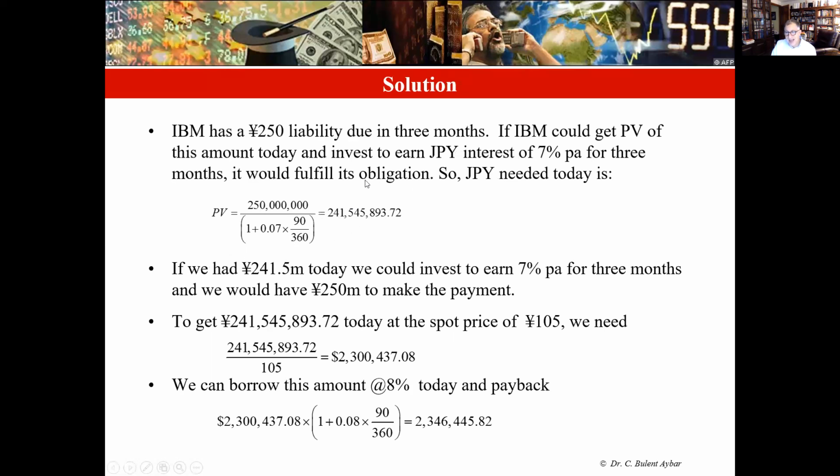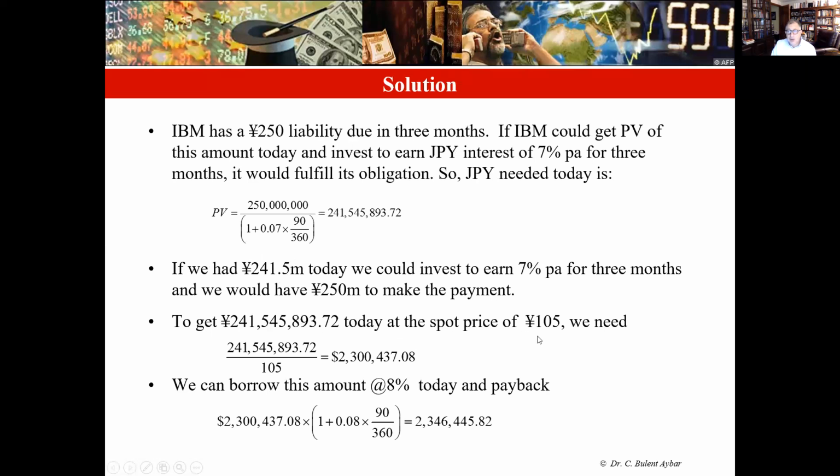So if we had 241 million Japanese yen today, we could deposit it to earn 7%. In 3 months, it grows into 250 million Japanese yen, which is going to allow us to pay the NEC. Now, in order to be able to acquire 241.5 million Japanese yen today,